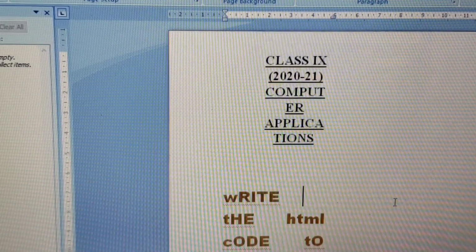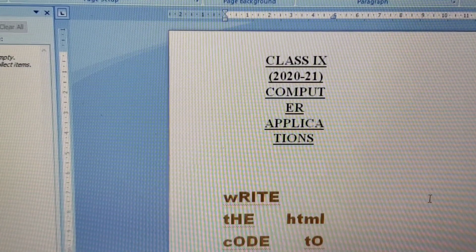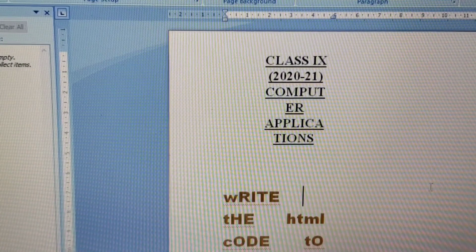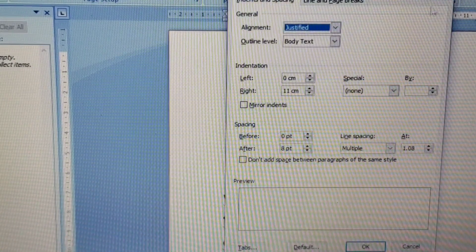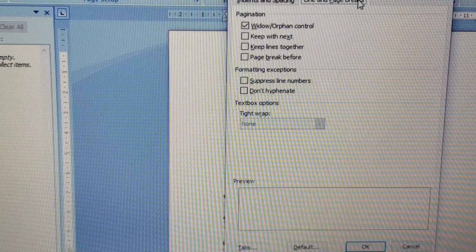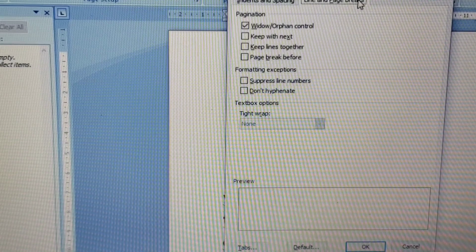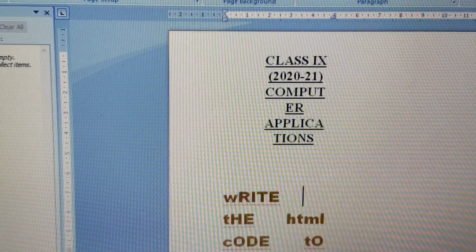Okay, then next is line spacing. Now what is line spacing, and from where can you get it? Simply, line spacing you can get from this paragraph option only. Select the paragraph option, then line and page breaks. Even this option you will get from here as well.